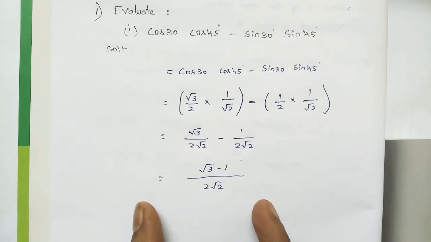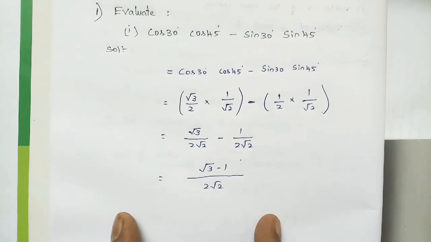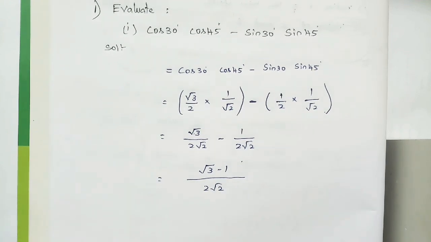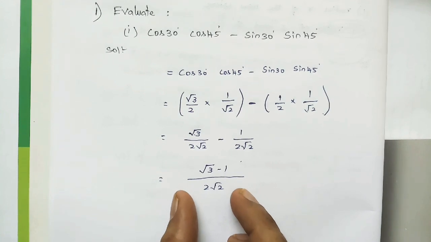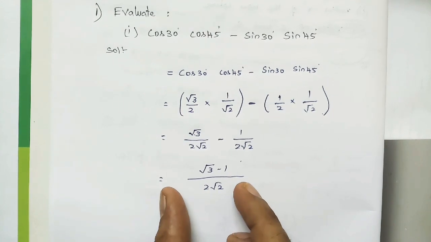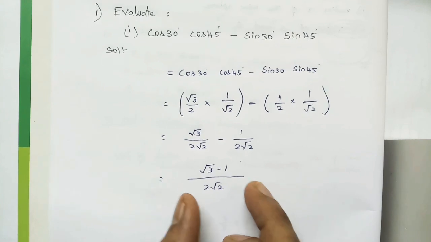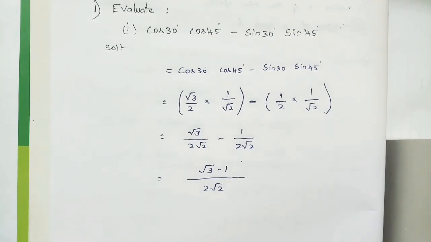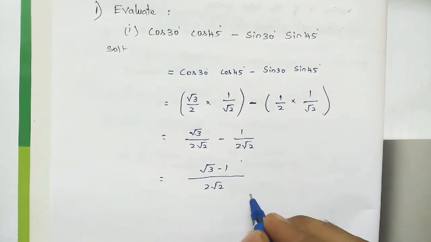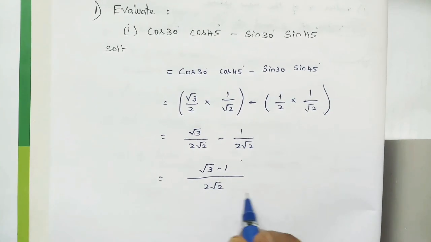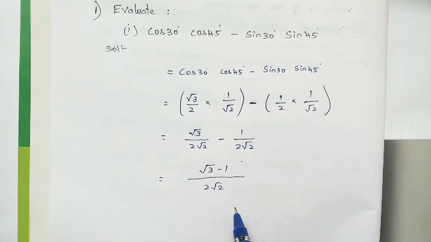If you stop here, no problem, they will give you full marks, but the exact solution is that the denominator alone should be in the form of rational. If it is not in the form of rational, then we know how to use the first chapter. In the 9th standard itself you have studied rationalizing the denominator, same thing. Just multiply both numerator and denominator, then the denominator automatically changes to rational. Understood?